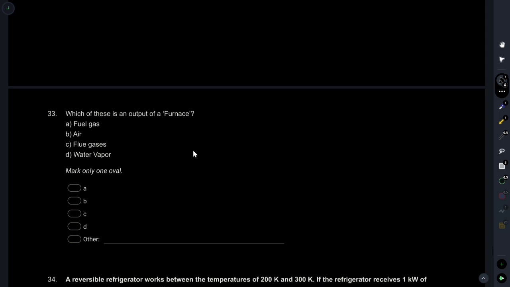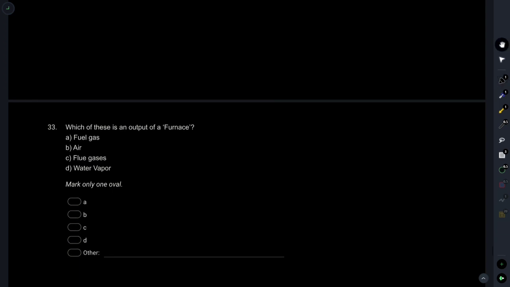Okay, now the next question. Which of these is an output of the furnace? What are we getting from the furnace? The furnace is basically used in a power plant, right? There is a furnace and boiler, so heat is supplied from the furnace to the boiler, obviously. Inside the boiler there may be a furnace, where we do the combustion process, burning the